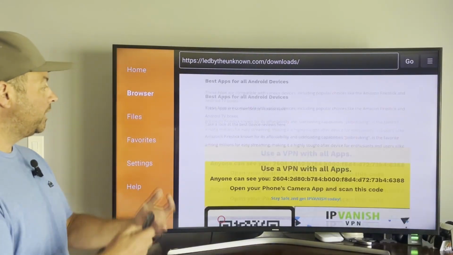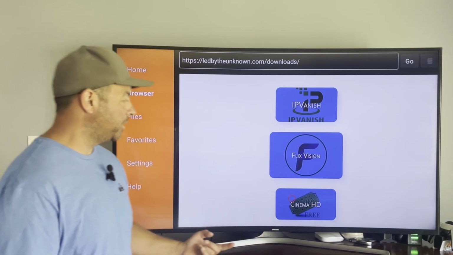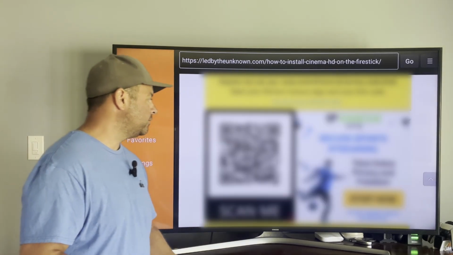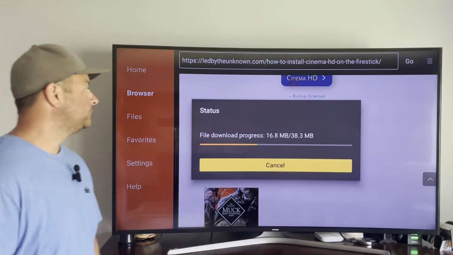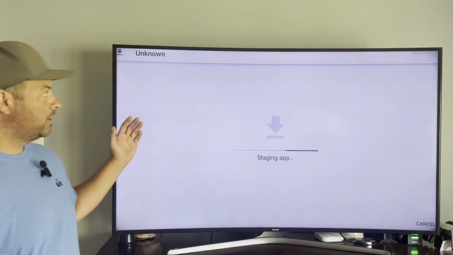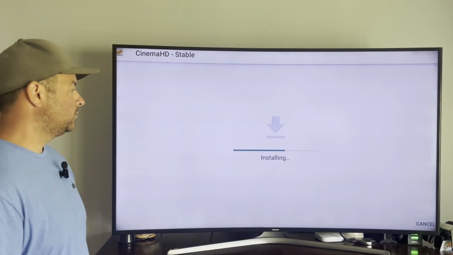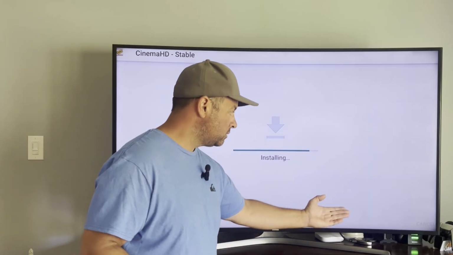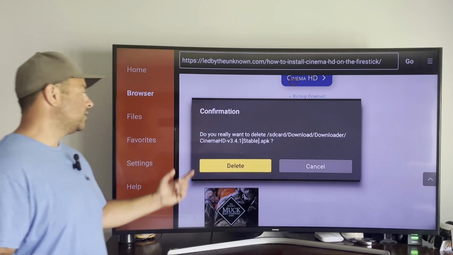Okay. We got one app done. There's so many apps to choose from, guys. An oldie, but a goodie. Still working fabulous. Click on it, head down, highlight the blue button. It installs the application onto our device. Does the install part, down the bottom right, install. Once it's installed, we're going to hit done. So highlight done, click done, delete the installation file, confirm the delete,